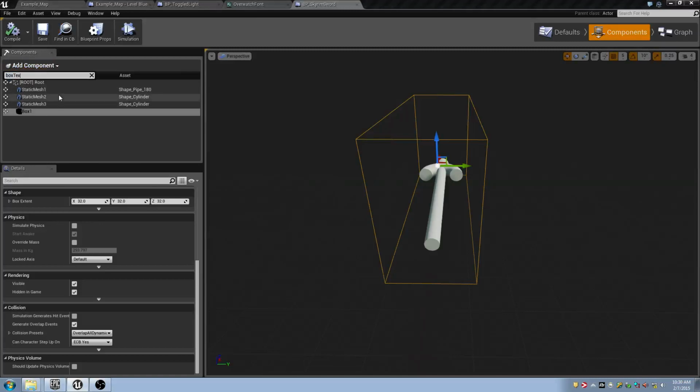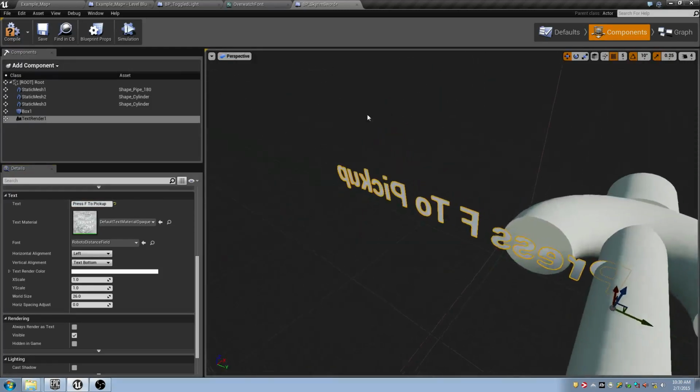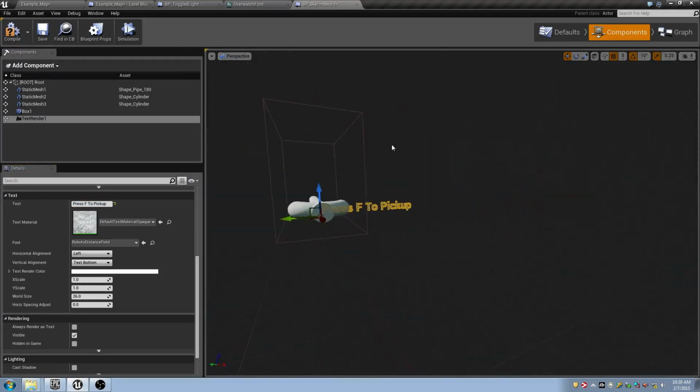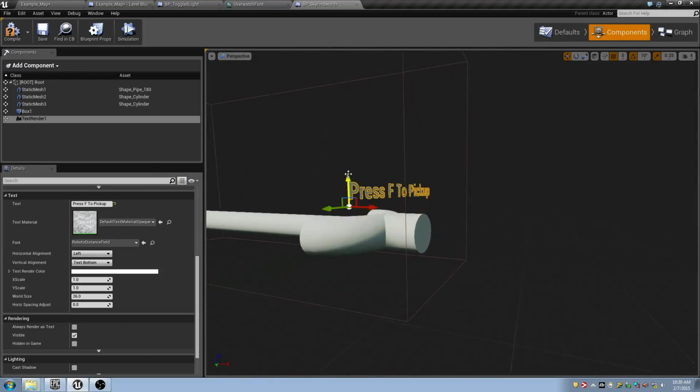So I might as well add the text now. I'm going to add text render. Press F to pick up. And I can make this guy